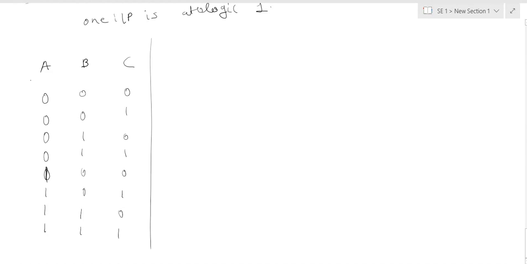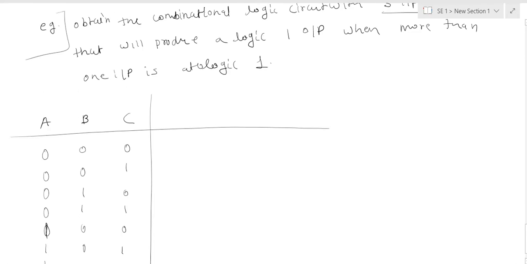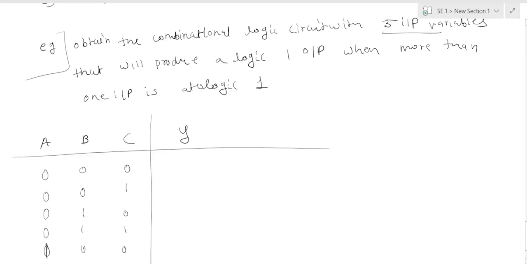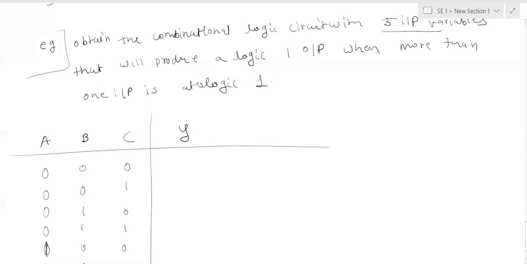So you have to derive the truth table like this. And what should the output be? The output is 1 when more than one input is at logic 1.